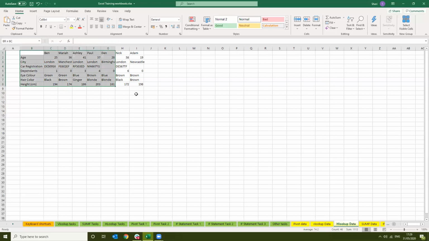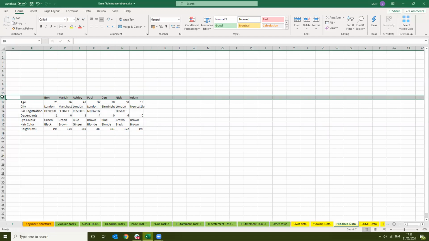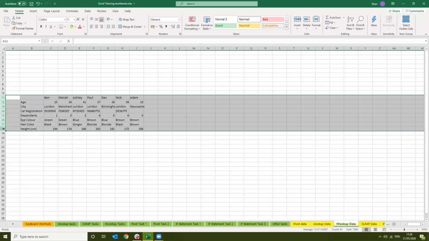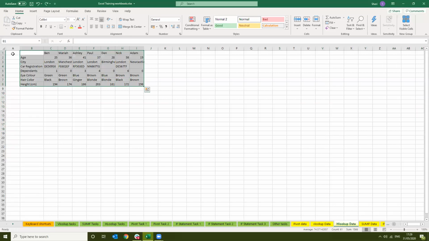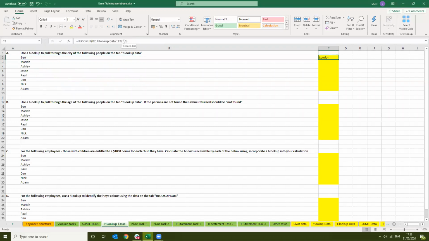If, for example, I'm just going to do this very quickly, the data was here, your row range would have been 11 to 18. Your city still would have been row index number 3, okay? So do not take the fact that city falls on row 3 as the reason why the criteria is row 3. So, back on the HLOOKUP tasks, I'm just going to change that from 2 to 3 so that it gives us the city. As before, we can just copy the formula and paste it down,